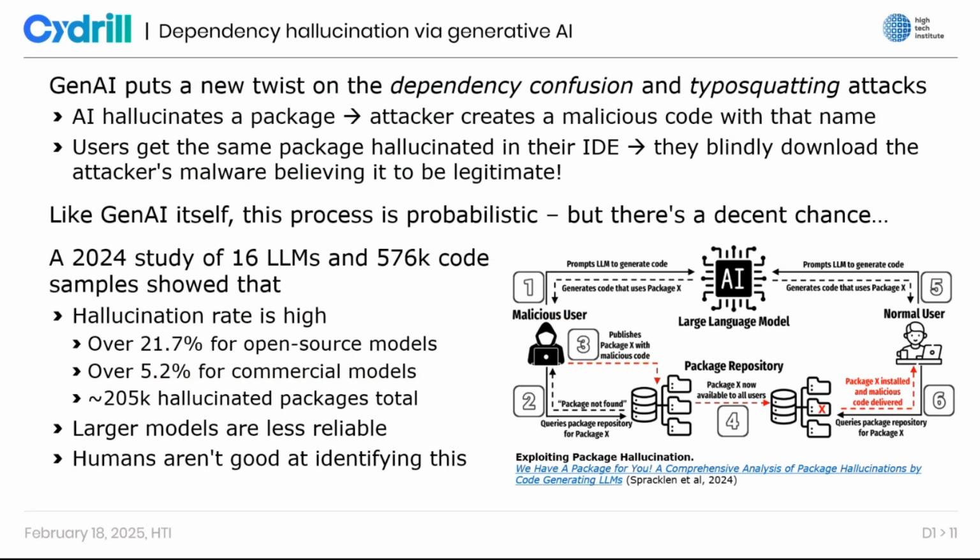Now, let's take a look at a particular security issue that can arise if we rely on generative AI a little bit too much. Before I get into the AI specific part of it, let's talk about the problem itself. This is going to go back to the previous example about unknown APIs. Let's say that I need to parse a YAML file, and so I need to use a YAML parser. I'm not going to write one myself. That would be a waste of time. Somebody has already written one. So I'm going to look for a library that implements it, include it, and then use it.